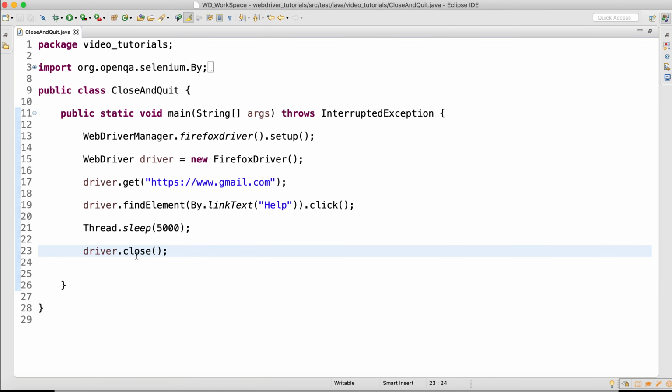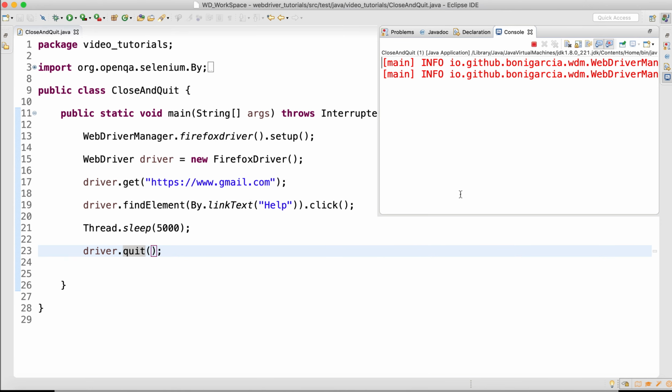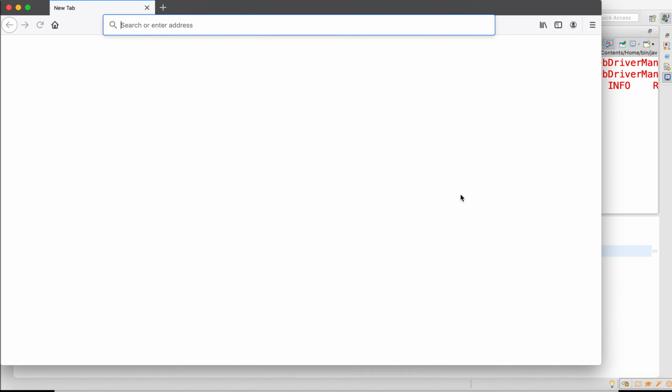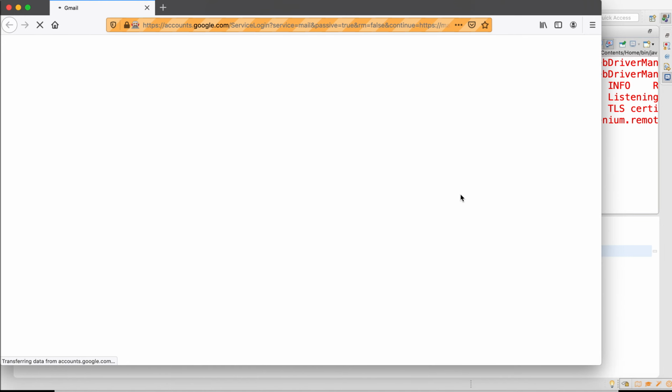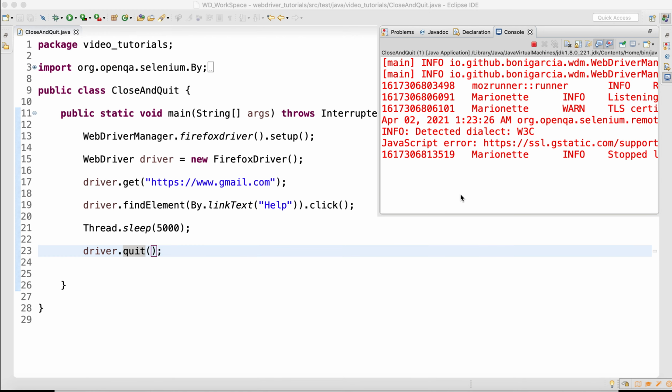In this same example, instead of close, I will use quit. Now you can see the difference. Now it is going to quit both the windows. Earlier when I used close, it was closing only gmail.com, but when I use quit, it is quitting everything.